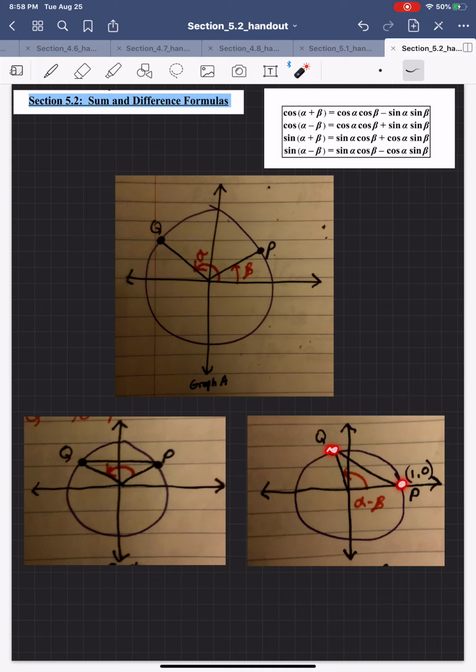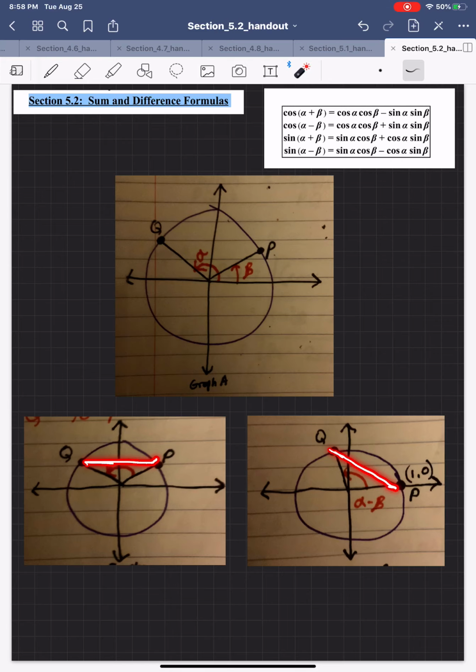But will you agree with me that just because I turn the knob, this distance from Q to P is not going to change? The distances are equal. So in order to get to these formulas, I have the proof on the next page. I'm not going to go through it step by step. You can do that on your own time. But it's very simple. All we do is take this distance, set it equal to this distance,